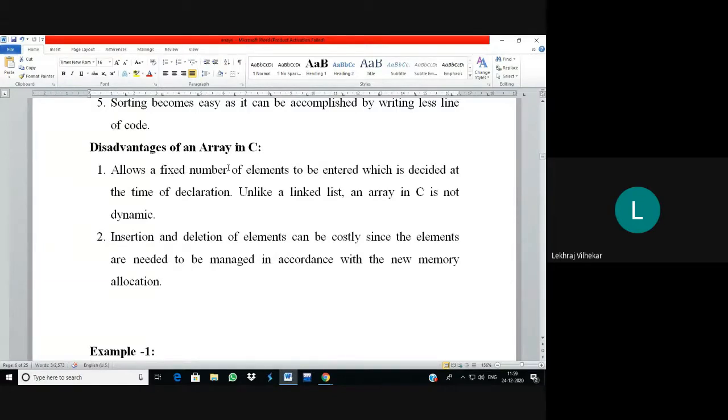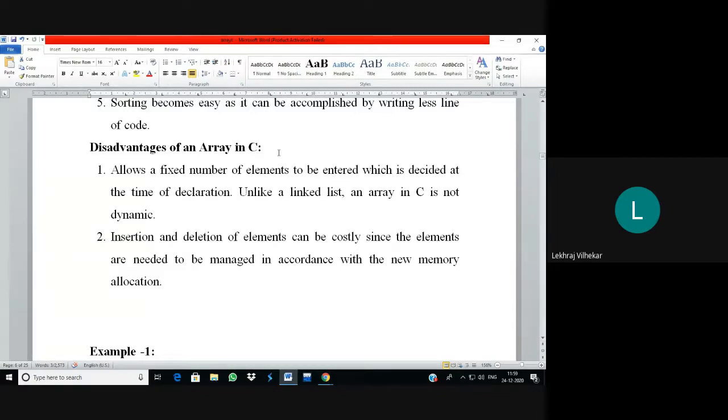it allows a fixed number of elements to be entered, which is decided at the time of declaration. Suppose you have made integer a of 10. It is not forceful, but as you have allocated memory for 10 elements, it is expected that you enter the 10 elements.